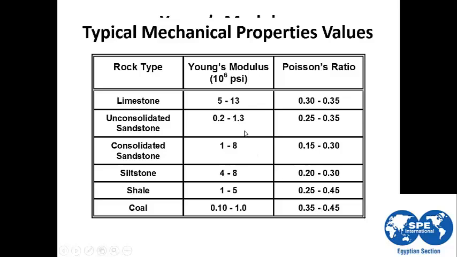If we look at this table, we can see that the Young's modulus and the Poisson ratio measure how soft the formation is. Shale, as an example, is 0.25. If we compare it with sandstone, we will see that consolidated sand has a Poisson ratio less than this value. If we compare the shale with consolidated sand, we can see that the Young's modulus for consolidated sand is higher than the shale range.